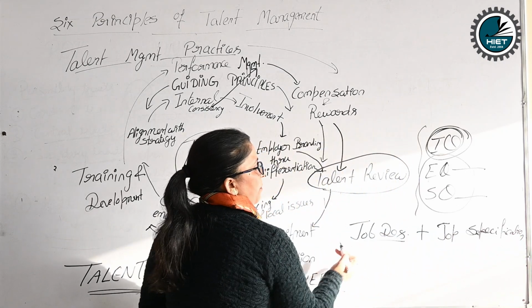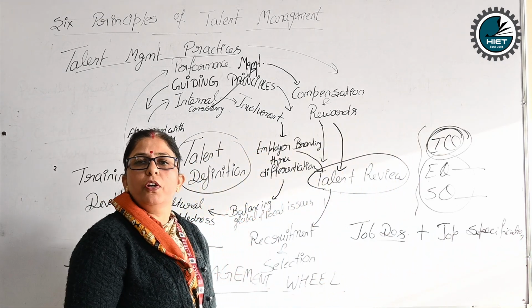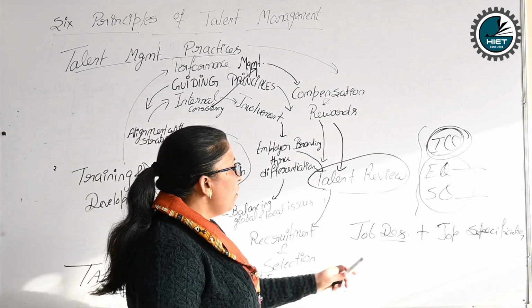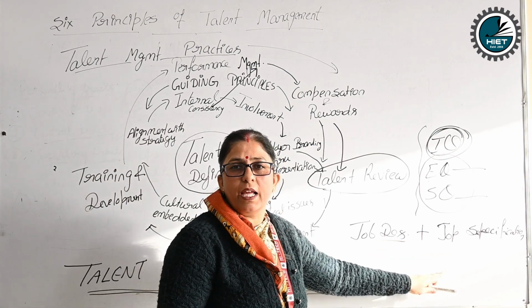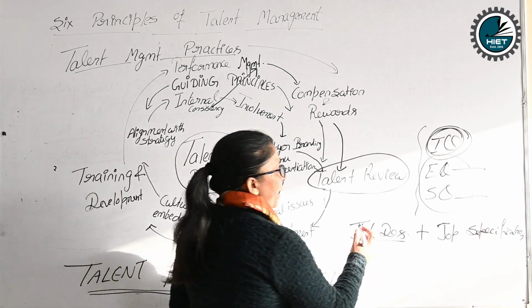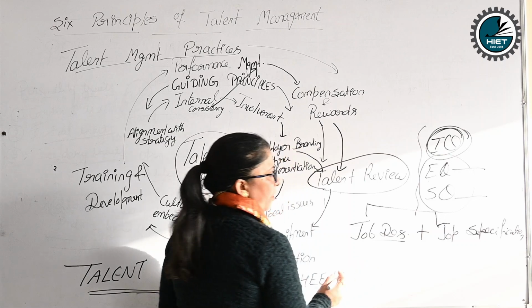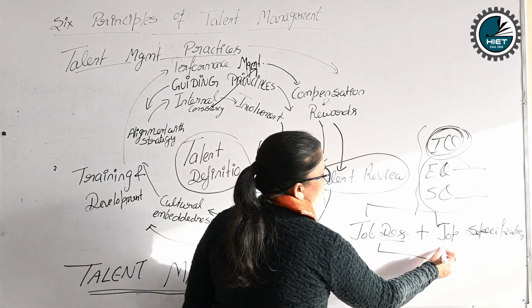So what is job description here? Job description means what sort of work you will be doing, what are the qualifications required for the job, and how you will work for that. That is job specification. So before assigning any employee to any work, the employer has to go for these two